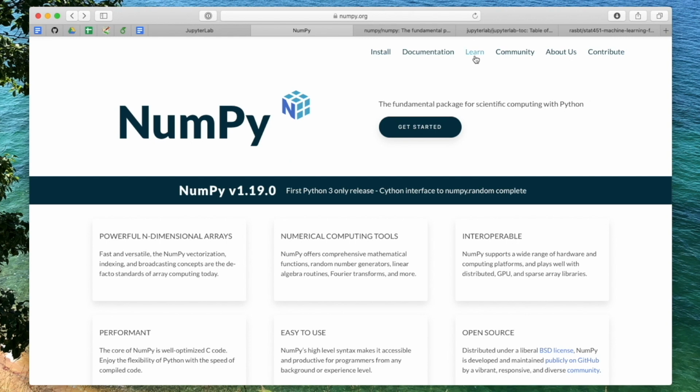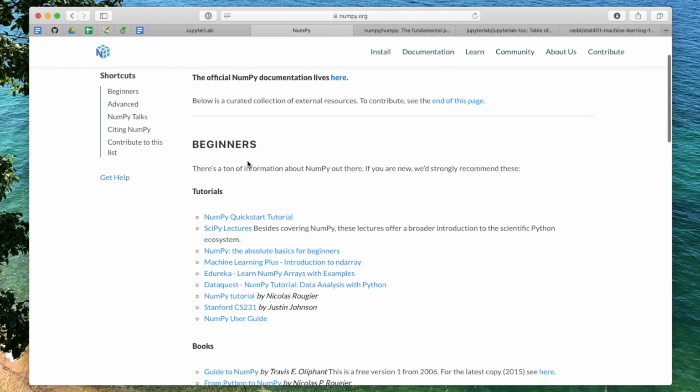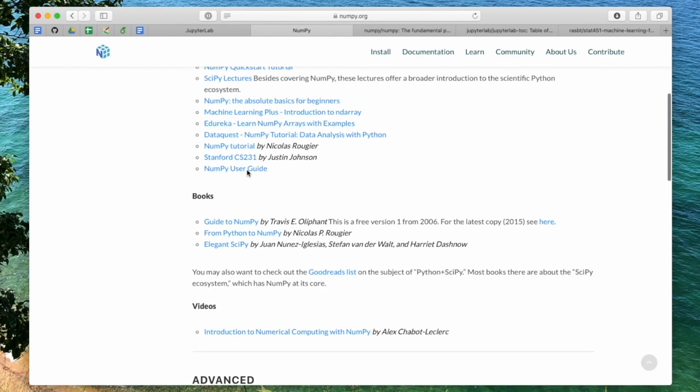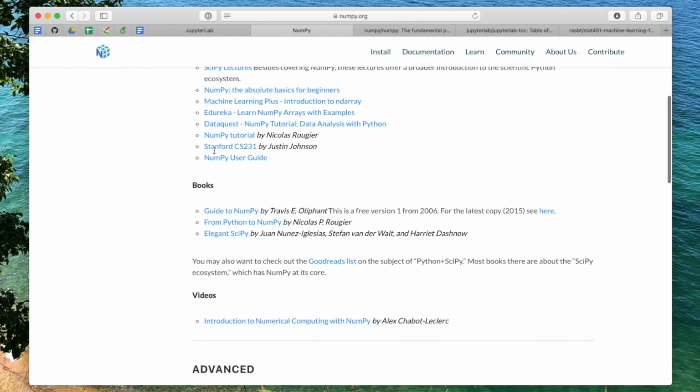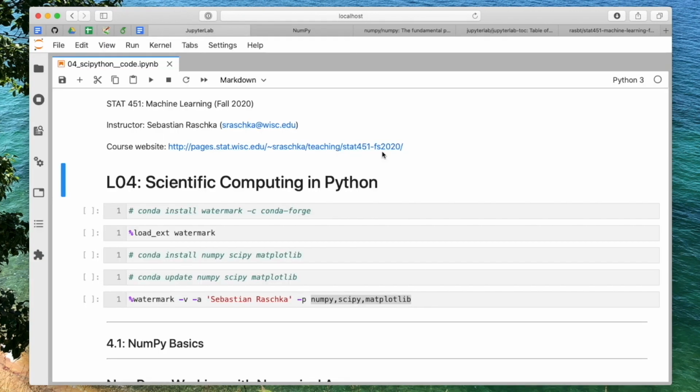And there's also a learning page. So here the NumPy community compiled a lot of tutorials, from beginner tutorials to more advanced tutorials, which is something you may want to check out later, but for this class it will not be required. I don't think we will cover anything that really goes beyond the basics that I created here.